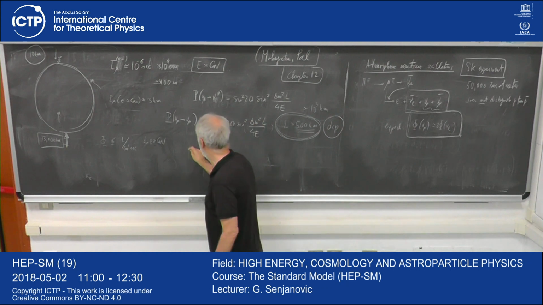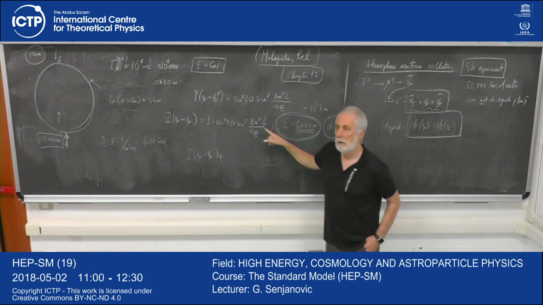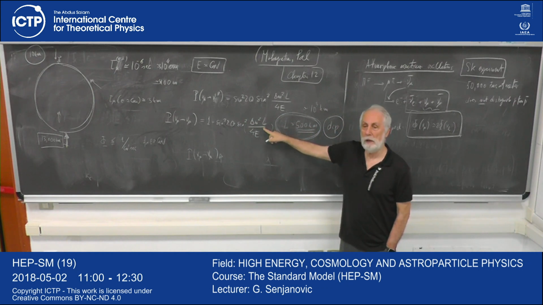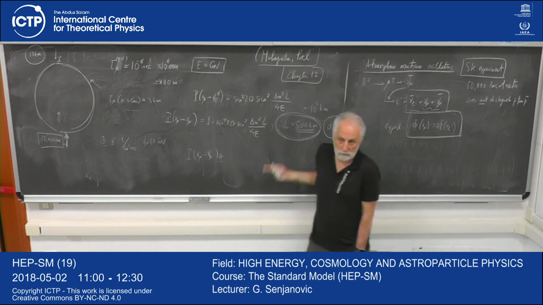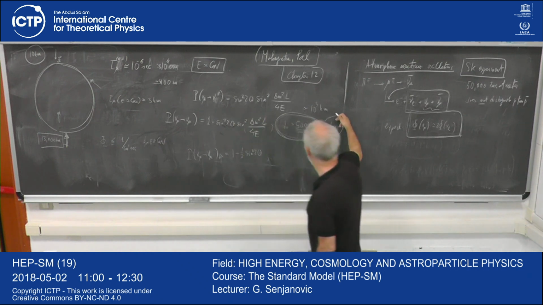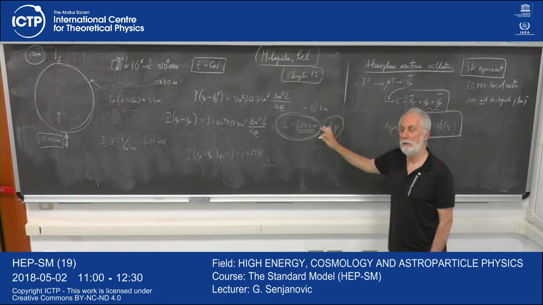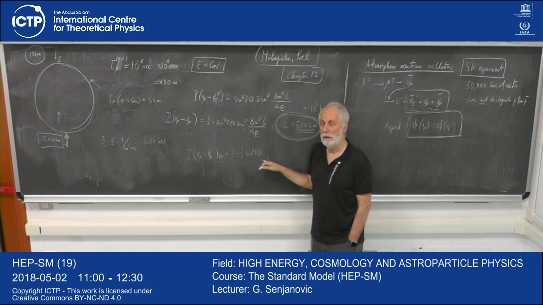whereas P nu mu surviving, coming from below, so let me write it like this, will be this with the oscillation pattern averaged. What is the average of sine squared? 1/2. So you should expect 1 minus 1/2 sine squared 2 theta. This you can do only if you establish that the oscillation length is small relative to the Earth diameter. So here again you see the numbers favor this. Why? Because depending on what you tell me, I can immediately tell you what sine squared 2 theta is. They got here a half.